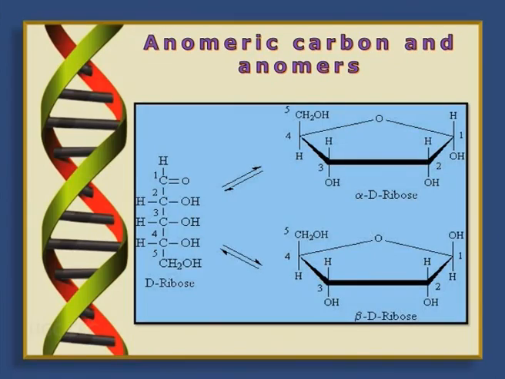The anomeric carbon means that at this position, the OH group attached to the C1' carbon atom of a pentose sugar can exist in two configurations. One is the alpha isomer, another is the beta. Accordingly, it is named alpha-D-ribose, as shown in this slide, and beta-D-ribose, shown just below it. So, in this way, we can see that any sugar, after it gets changed, becomes asymmetrical and can give rise to isomers, and these are known as anomers.